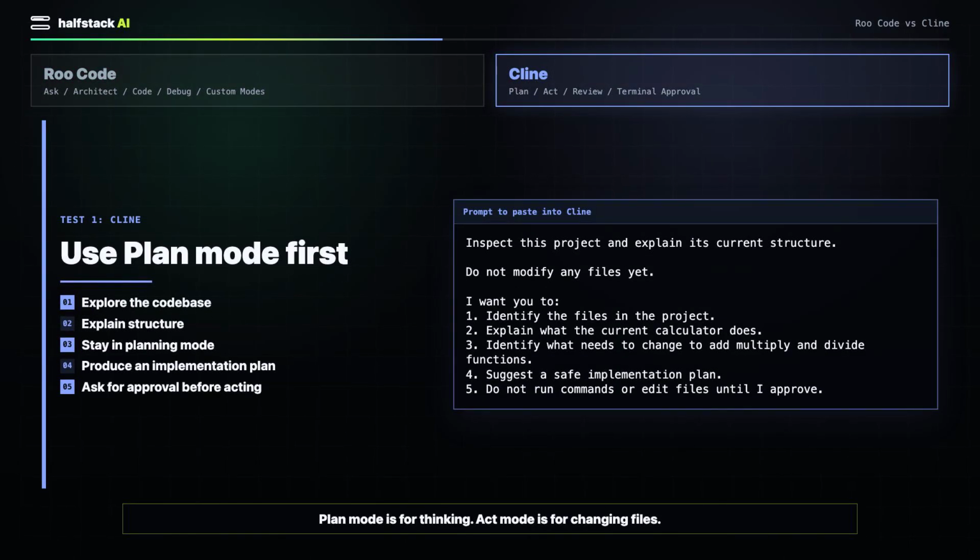Now let's do the same thing in Cline. For Cline, use plan mode first. Open Cline, switch to plan mode, paste the same prompt: inspect this project and explain its current structure. Do not modify any files yet. I want you to identify the files in the project, explain what the current calculator does, identify what needs to change to add multiply and divide functions, suggest a safe implementation plan, and do not run commands or edit files